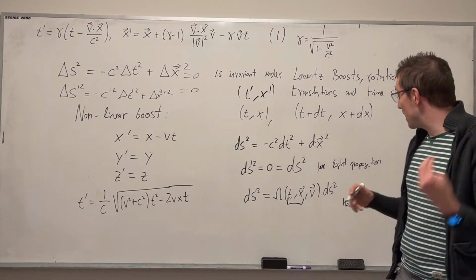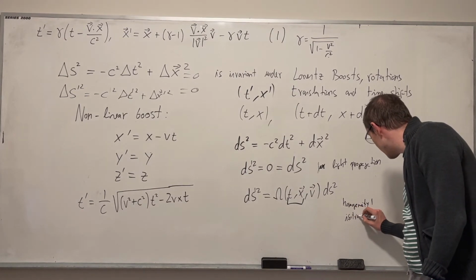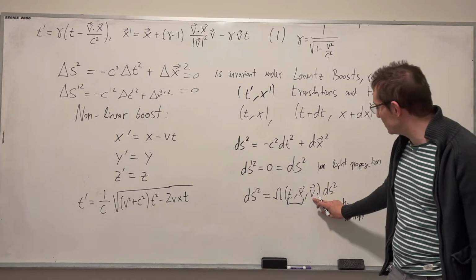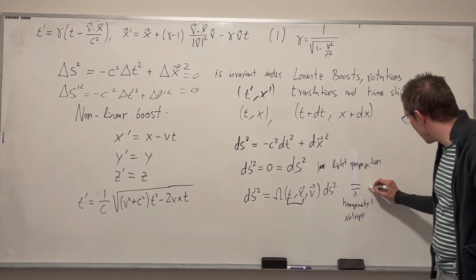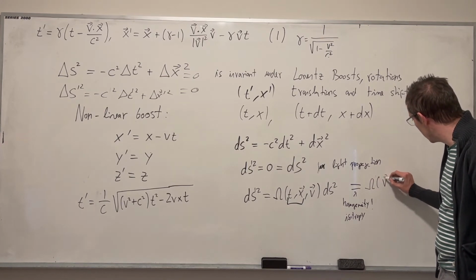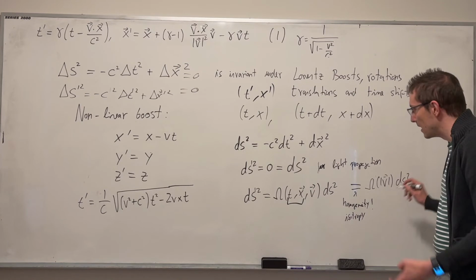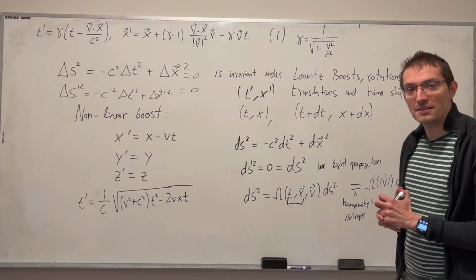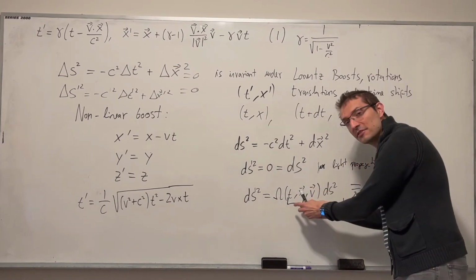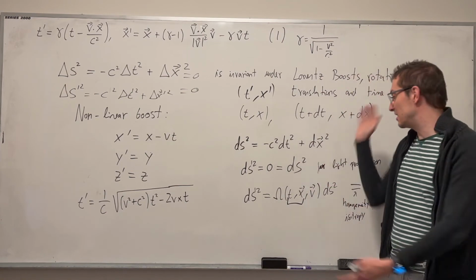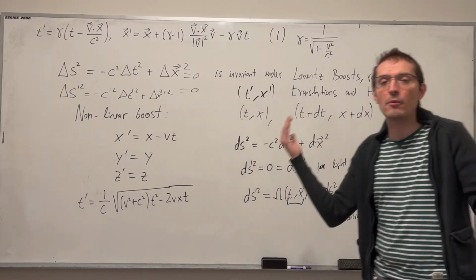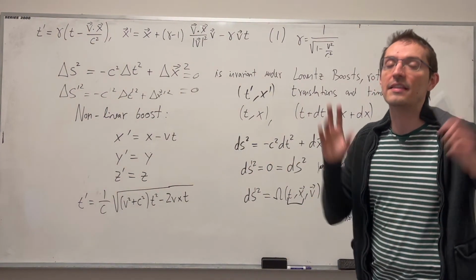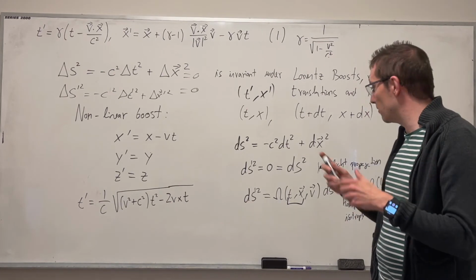If on top of that we demand isotropy, which is, well, the transformation between ds prime and ds cannot depend on the direction of the velocity, then demanding these two things would have that this factor would be dependent only on the modulus of v. Now, again, this demand is saying the spacetime interval between the two events cannot be different in different points of spacetime. Why? What would be special with respect to others? And also it cannot depend on the direction of the velocity between the two frames.